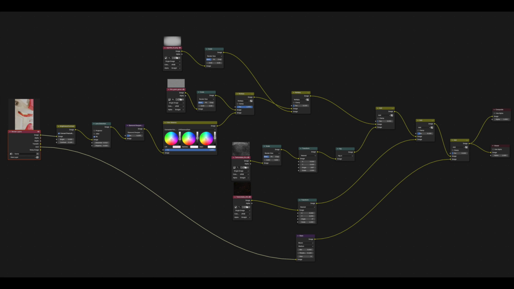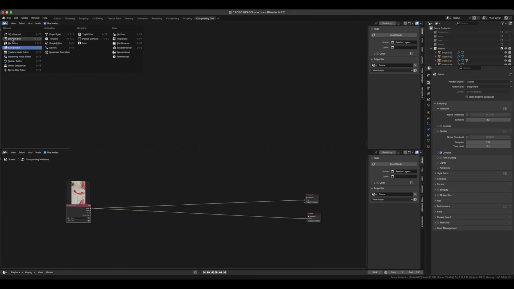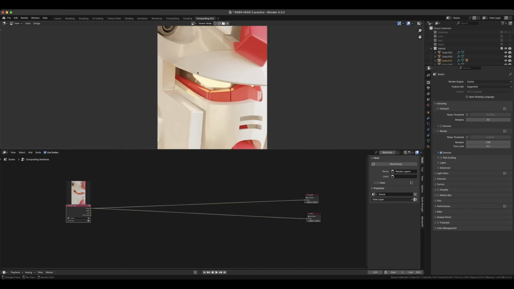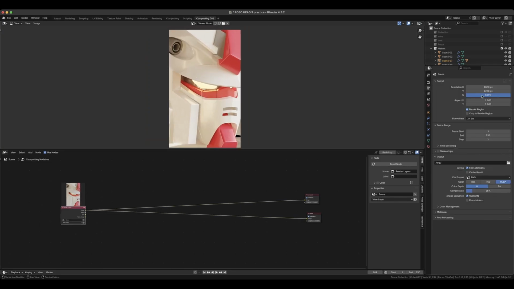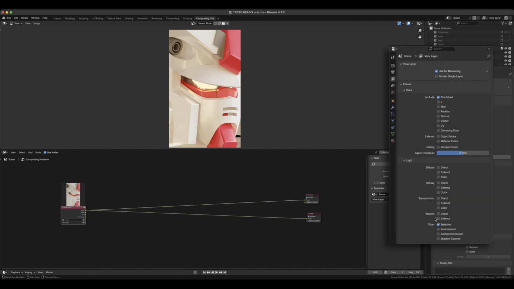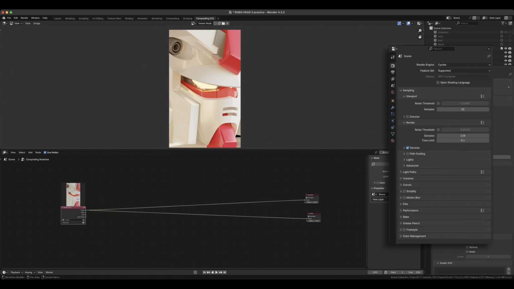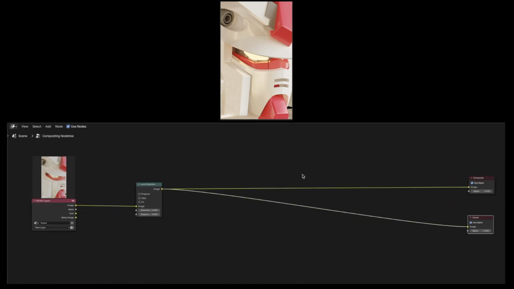Here's an overview of the compositing nodes. For the top, I went to Image Editor Workspace and selected View Editor on the drop-down menu. Before we composite, go to the View layer on the side panel and toggle on Emission so it can be used on the compositor. So here I added a Lens Distortion node,